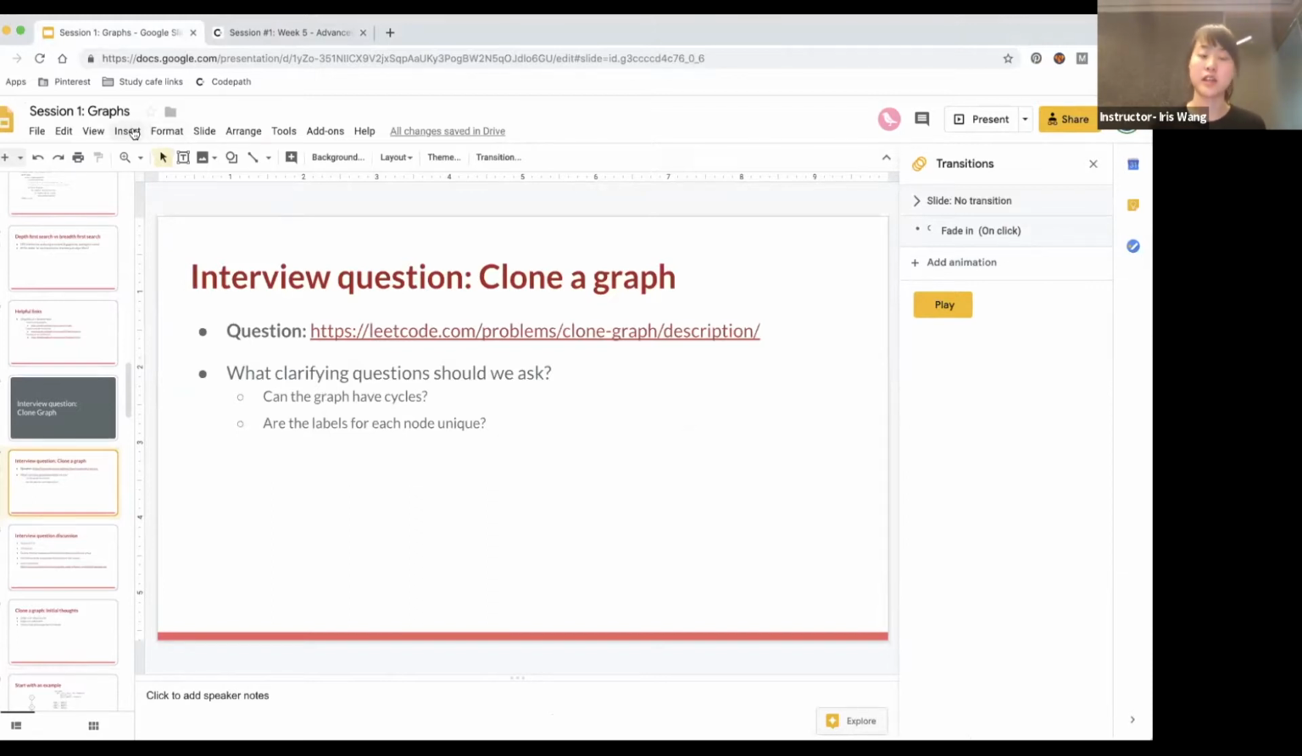In this case, can the graph have cycles? And are the labels for each of the nodes unique? So for this one, I'm not sure if it's clear in the question, but yes, it is possible for a graph to have cycles, and the labels for each of the nodes in the graph will be unique. All right, so with that being said, we'll have